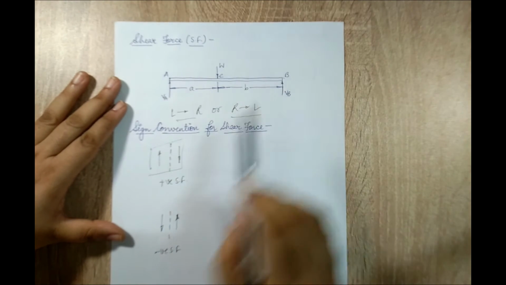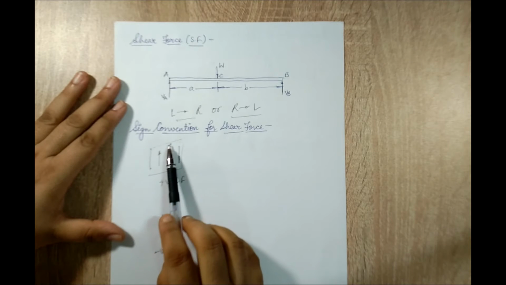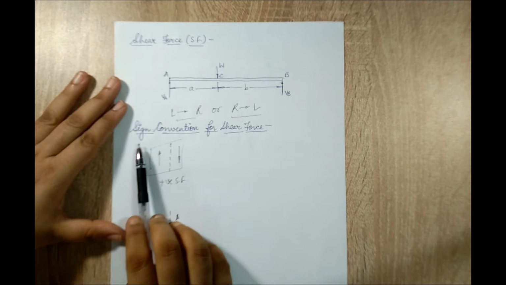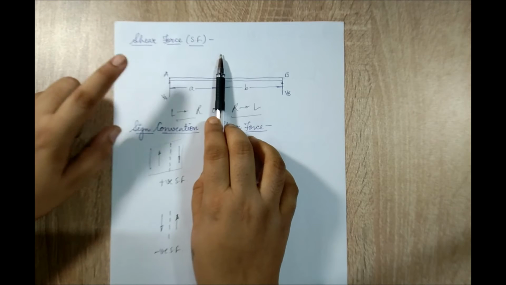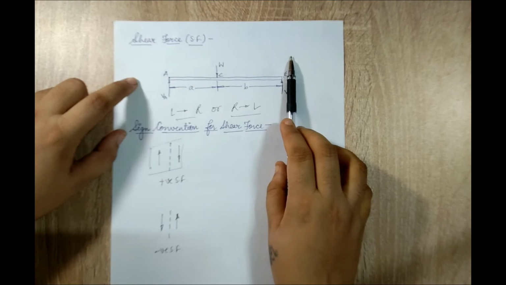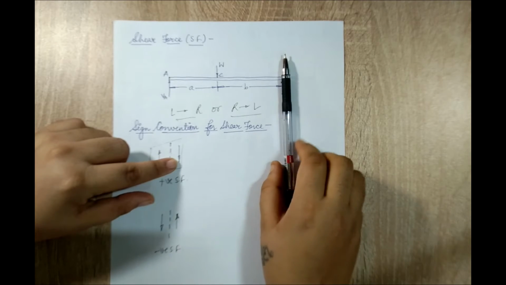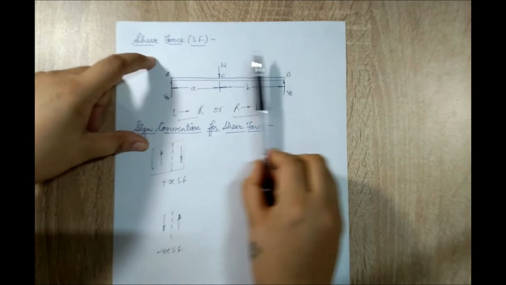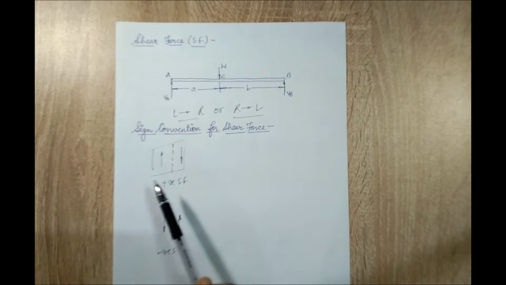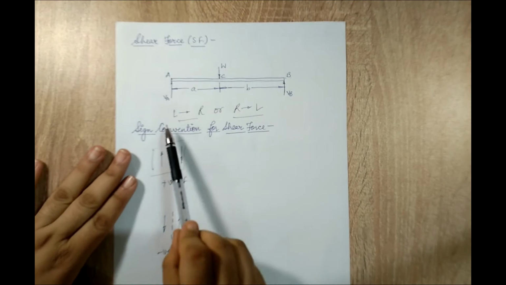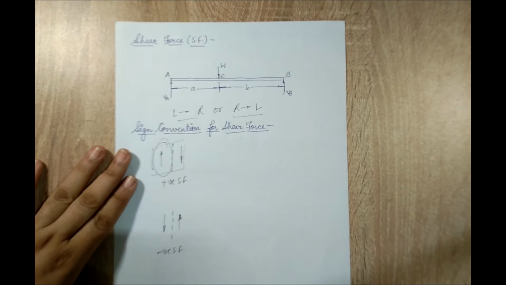I am using left to right, hence I am going to see only this portion of the sign convention, which means to the left of the section I will always look. I'll stand at A and look to the left. When I go to point C, I will look to the left. When I go to point B, I'll look to the left. If I use the convention on the right side, it is like standing here looking to the right, moving to point C looking to the right, and moving to point A looking to the right. So these are the two different ways of solving, left to right or right to left. I am using only this much portion of the sign convention.